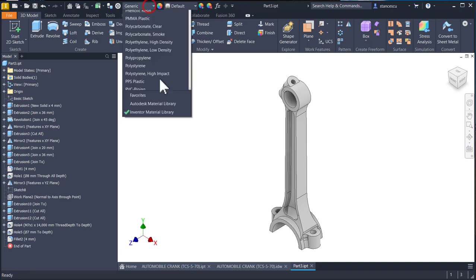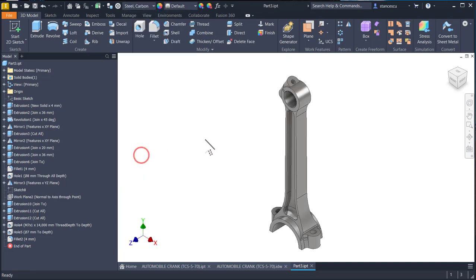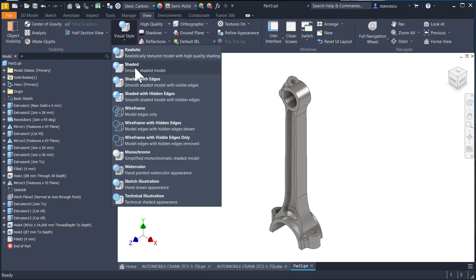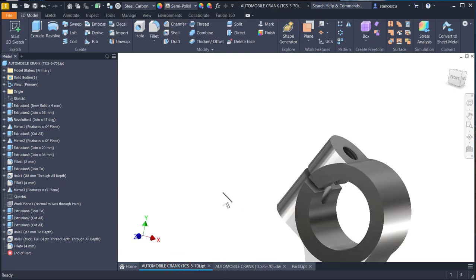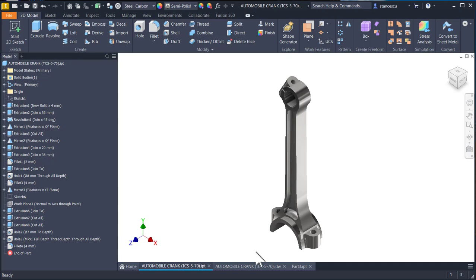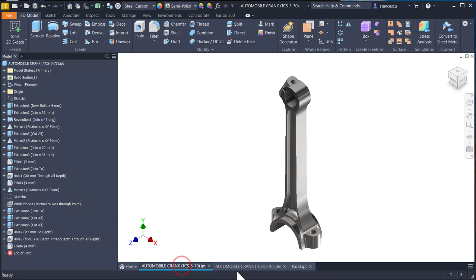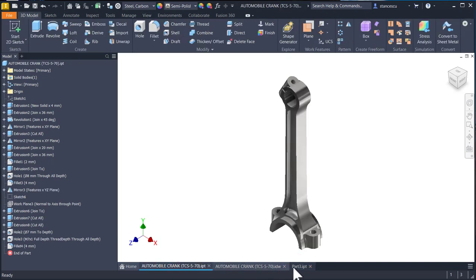I apply material which is steel carbon, and I hide the edges, and now we compare the two. Let me place it in the same position. You see, only the light is different, but not any other